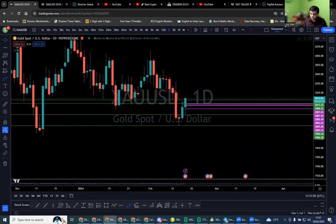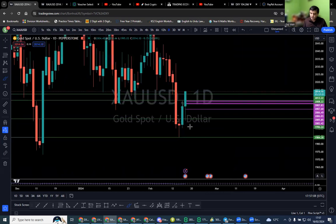Also in daily, you can see this evening star rejection candle on the level. That was a very good sign, because we also had this bullish candle as well. We had a confirmation as soon as the market tapped on this level. That was a buy trade here, and look how many pips, 2014 nearly now,